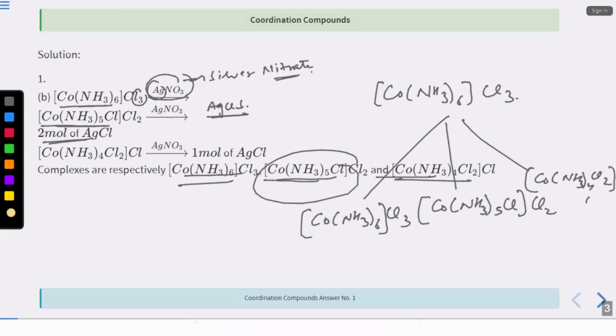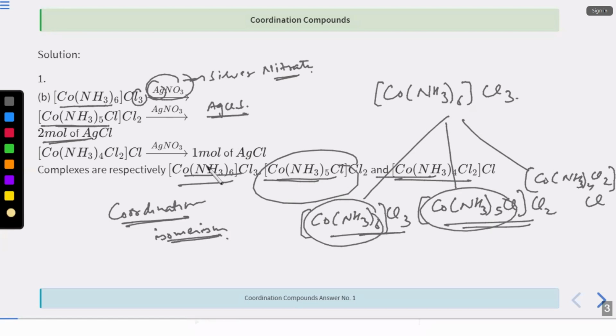So this isomerism, in which the same chemical compound exists in different forms, is known as coordination isomerism, because different coordination spheres are being formed. You have Co(NH3)6 in this, one Cl inside in this, and two Cl inside in this. However, the overall compound formula is the same because we have three Cl only. Here also three, here also three, and here also three. Okay,